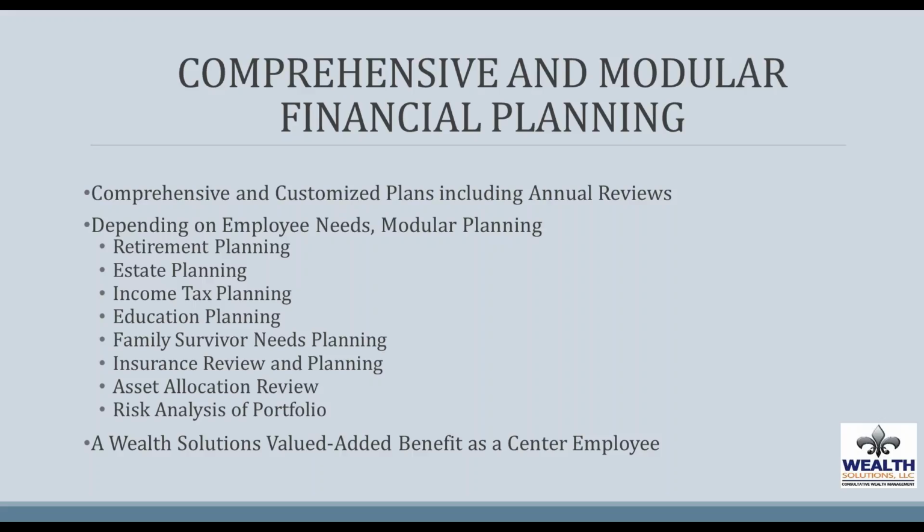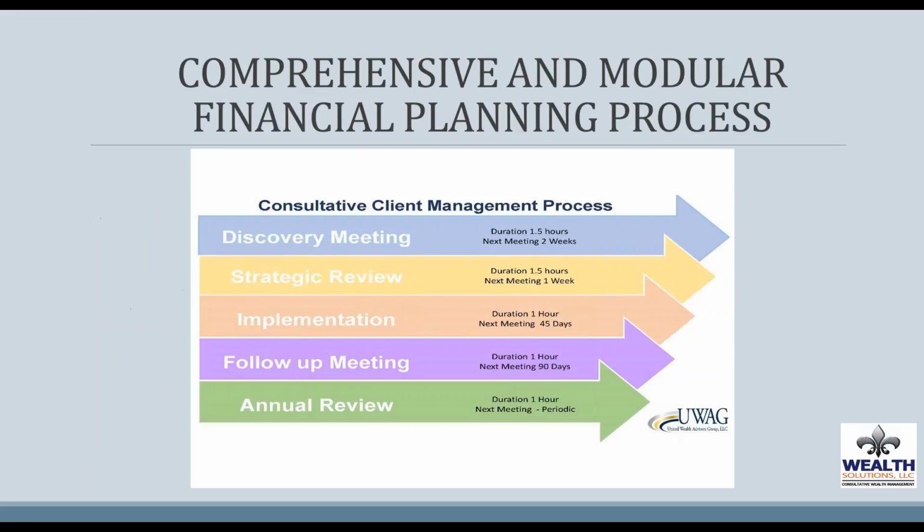And just piggybacking off of our last section, where you're giving that retirement income report, plan report. Well, we can do that and many more things. We have a lot of modular planning that we can do for them, whether it's tax planning, estate planning, college education planning, Social Security planning. We can really do any financial issues or questions that the provider needs. We can do it for them. And again, this is just an intangible benefit that most people don't see in other places. And to go to the next slide,